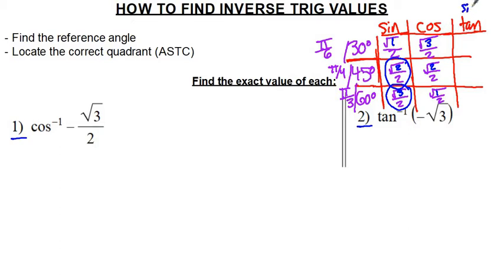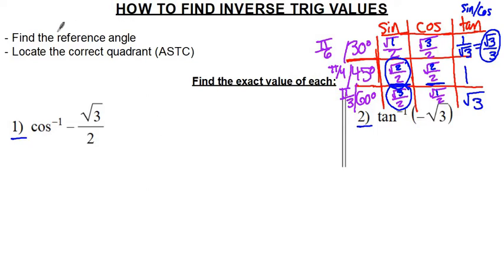Tangent is the same as sine divided by cosine. So to get the tangent, all you have to do is just divide these. So for example, at 45, root 2 over 2 divided by itself just equals 1. This top one right here turns out to be, when you divide it, 1 over root 3. And if you multiply the top and the bottom by root 3, you would get that, and then tangent of 60 is root 3. So that's a very good table to have memorized,